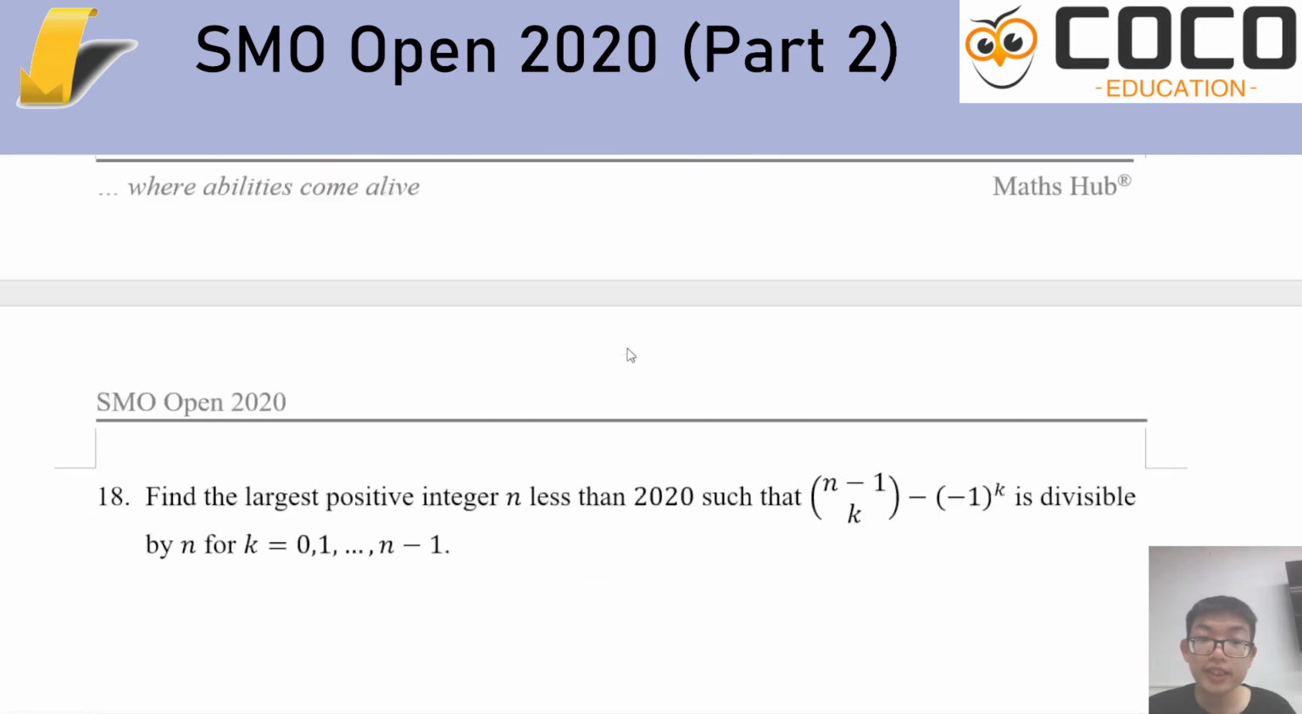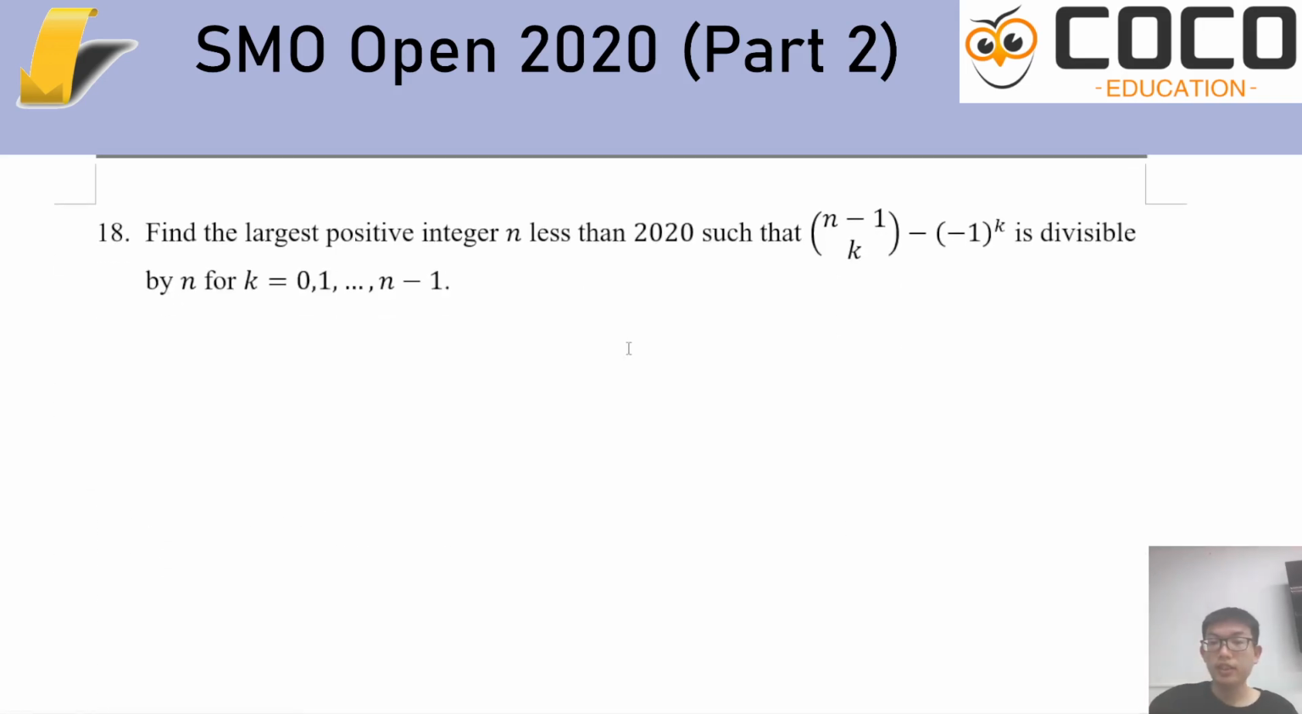Finally, let's do question 18 to end off this video. We want to find the largest positive integer n less than 2020 such that this expression is divisible by n for k equals 0 to n minus 1. I am not sure what to make of this, to be honest. When I'm reading this, I'm just thinking,